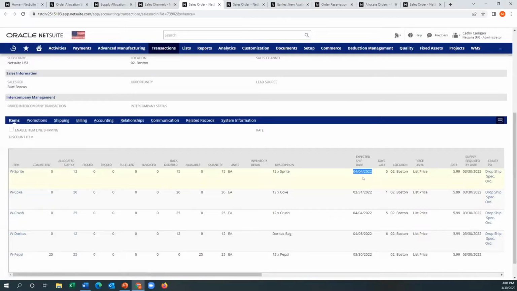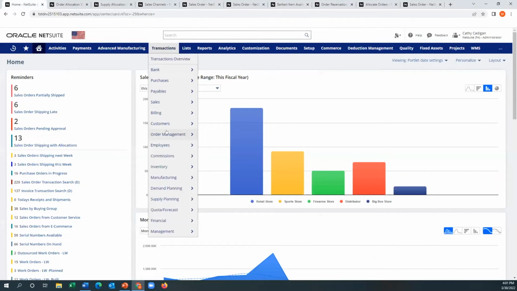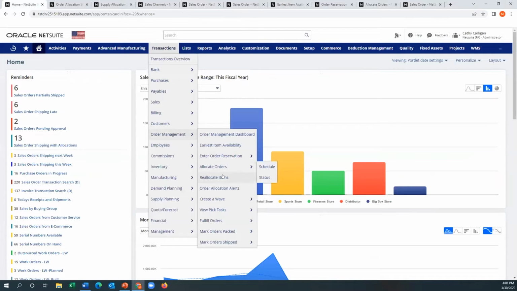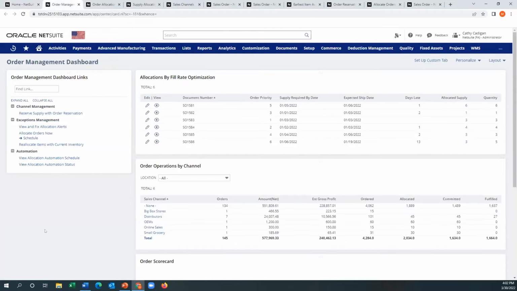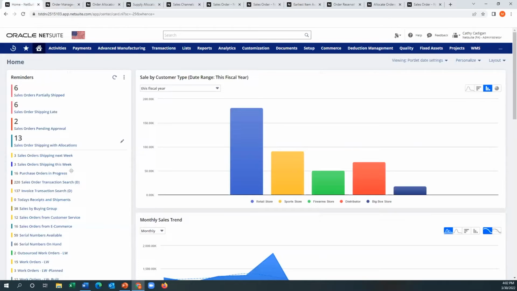Now, you don't want to be coming into an order and taking a look at every single field here to see what's late. There are, just so you know, if you go to order management, you'll see an alerts screen, and there's an order management dashboard as well, which kind of consolidates some searches, some links that you may have, everything together. But to point out, these are very simple fields that you can access through a saved search, and you could just make it a